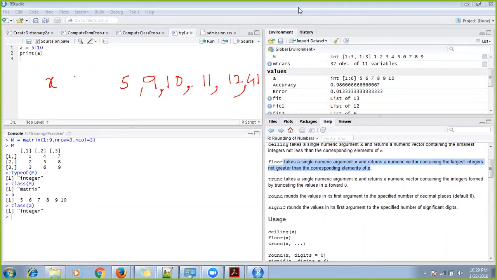So what should I do in this case is just write x equals to, or you can write x assign. You'll be assigning a series of numbers. c is like a vector; c is a function which is creating a vector. So c of 5, 9, 10, 11, 12, 41. Now you assign this. Hold on a second, guys. Expected numeric constant.